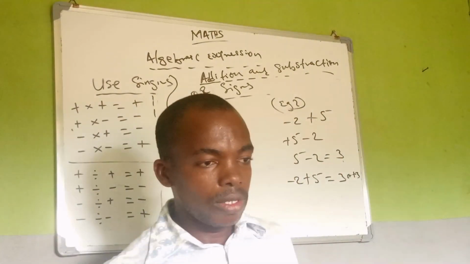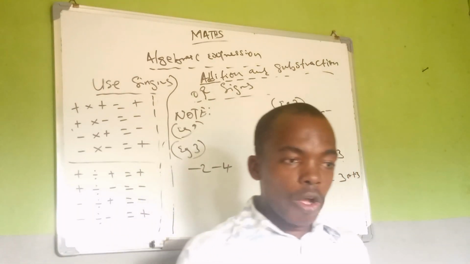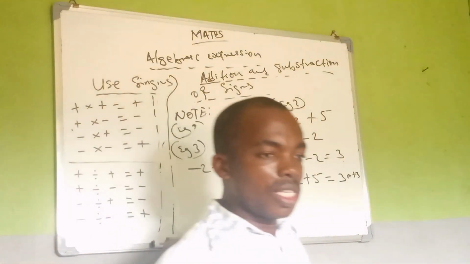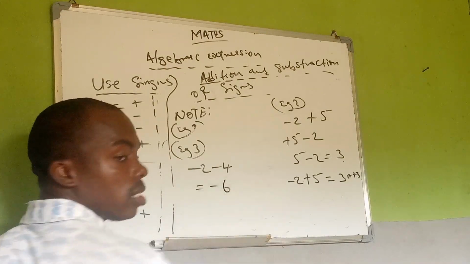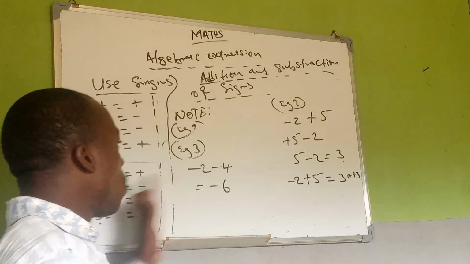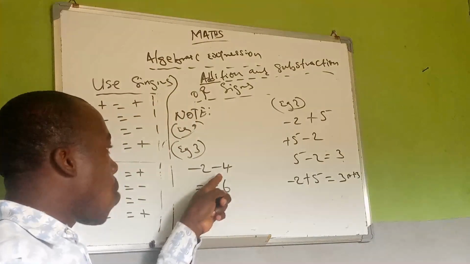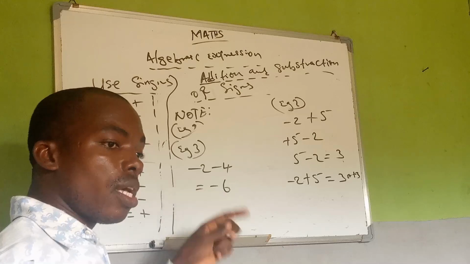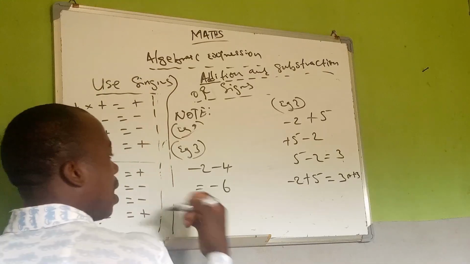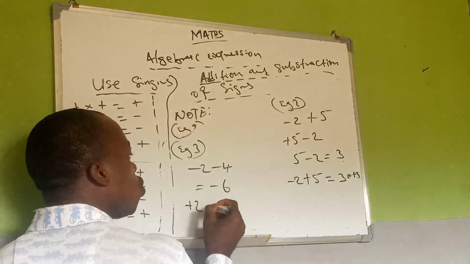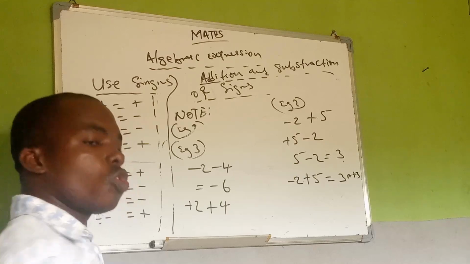6. Do you understand? If you remove 4, remove 2, you have removed what? 6. Do you understand? So it means the answer is what? Minus 6. Do you understand? Minus 2 minus 4 is minus 6. So when the two numbers are carrying minus minus, the answer will be minus. When they are carrying plus plus, the answer will be plus. Now watch this. Another example, if you have plus 2 plus 4, I see it now. You will also